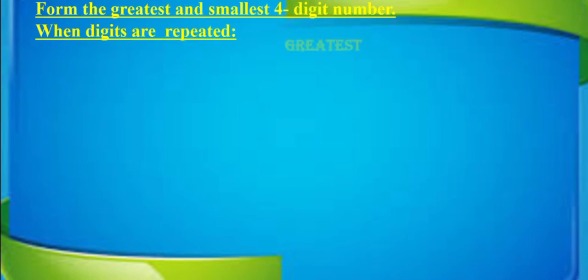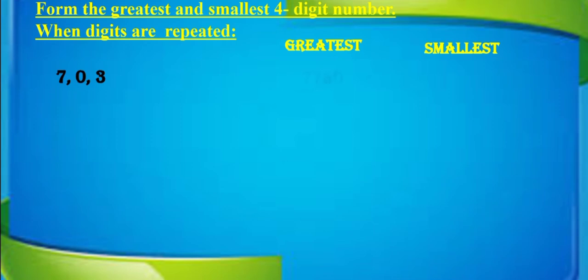Let us see this example. Only 3 digits are given, 703. But we have to form a 4-digit number, and that too 0 is one of the digits. So how do we form the greatest number? Normally we will arrange in descending order. So what will be the answer? 730. Okay, 730. But we have to find the 4-digit number.